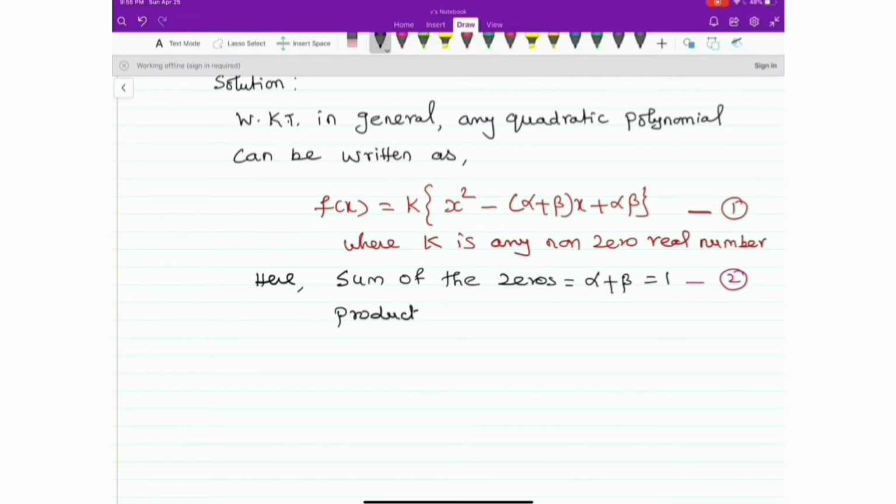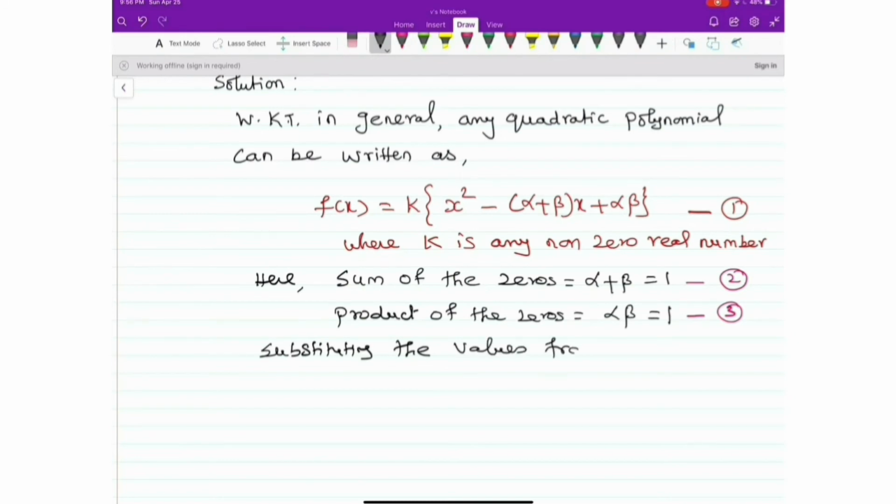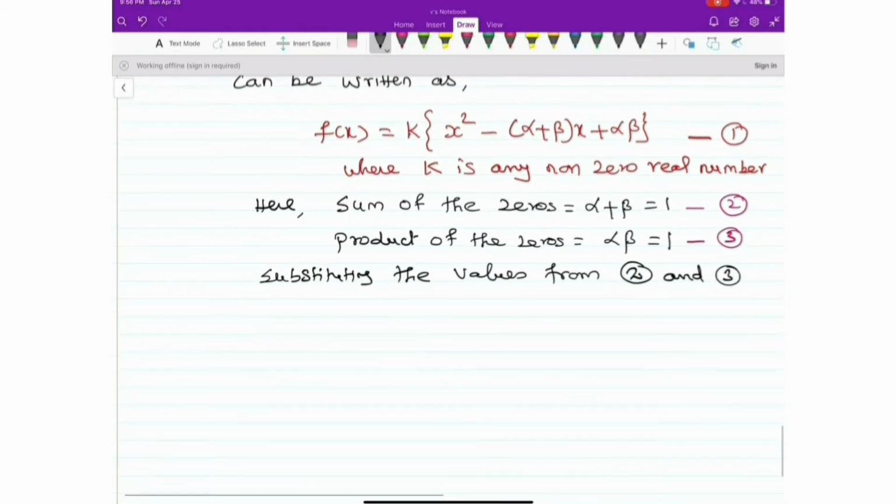Product of the zeros is equal to alpha beta, that is also given to us as 1. Let me name this as 3. Okay. Substituting the values from 2 and 3 in 1, we get